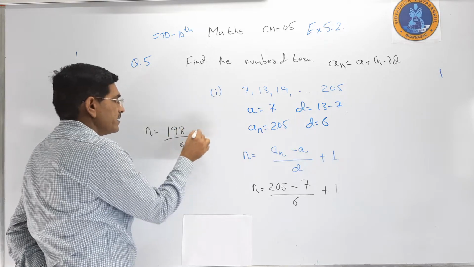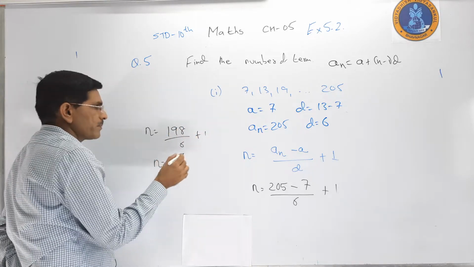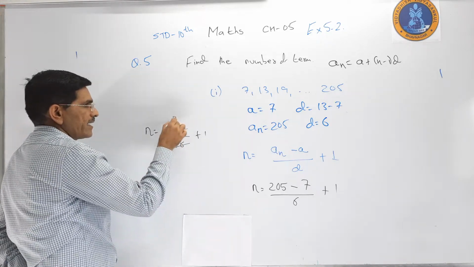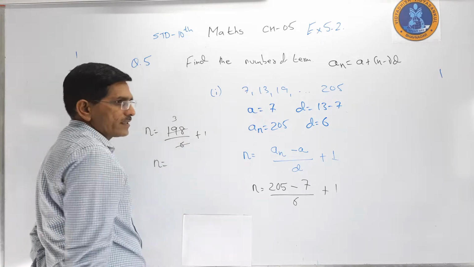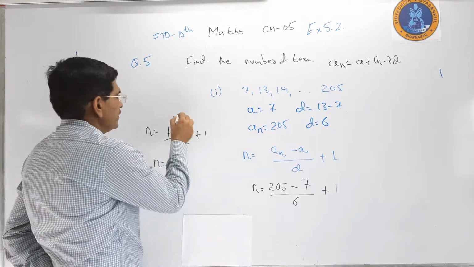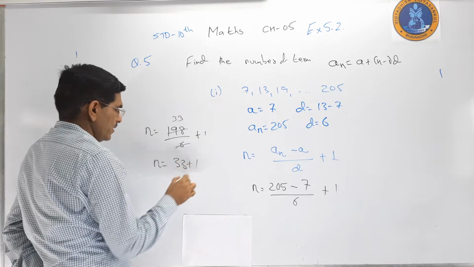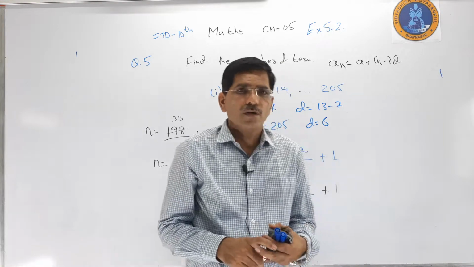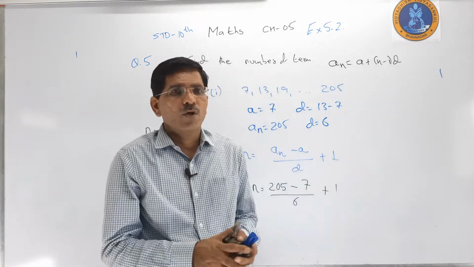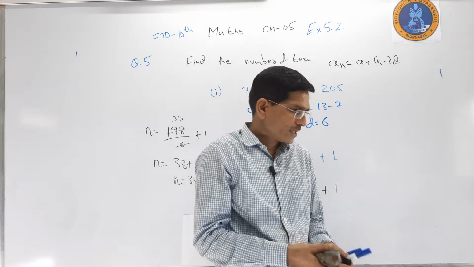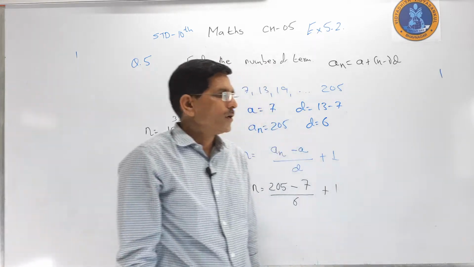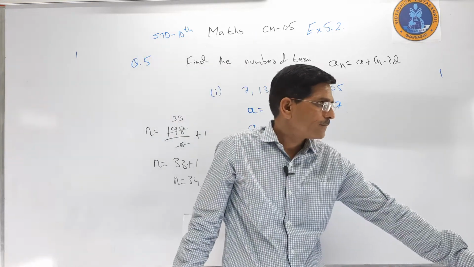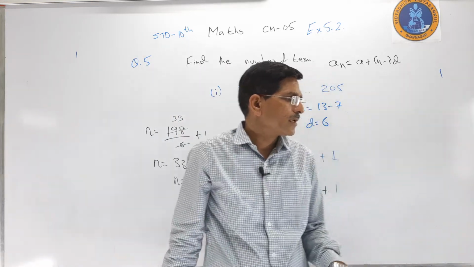I already explained this in an earlier video, but someone said, sir, please explain again. That is why I am doing it. 6 3s are 18, again 6 3s are 18. So 33 plus 1, that is 34. So n is equal to 34. Again I explain this sum because someone said, sir, please explain this type of sum. So question number 5, that is the first sum I have completed.